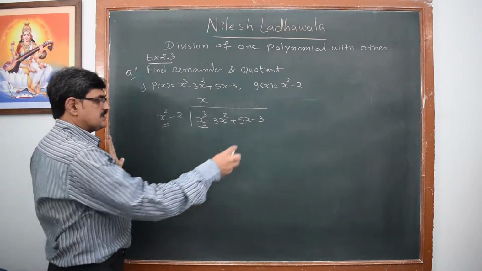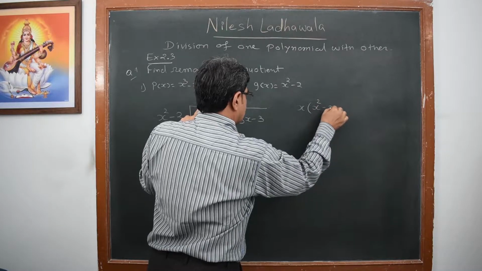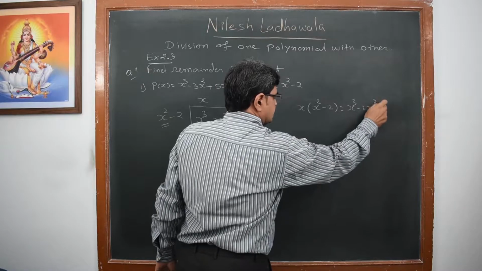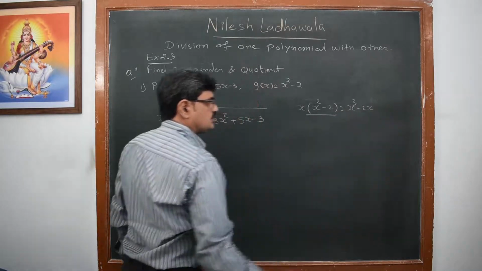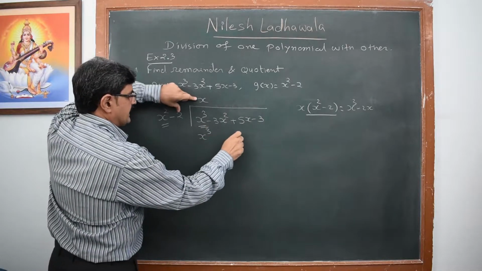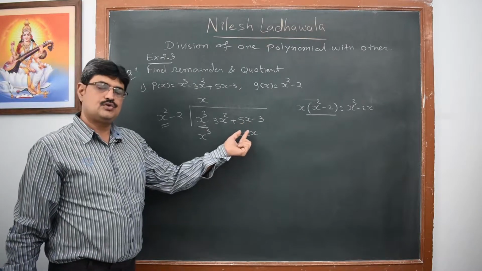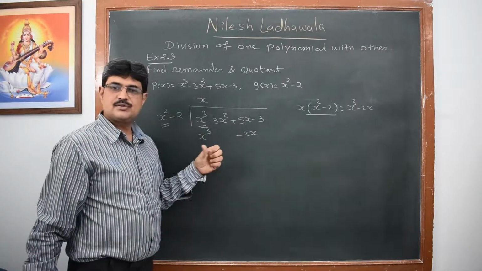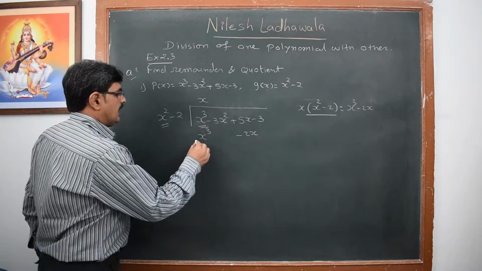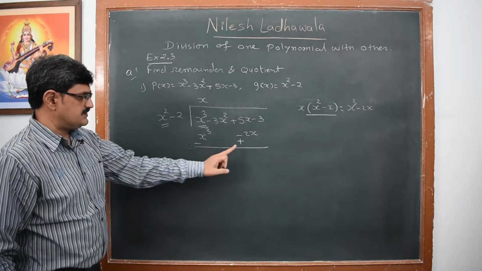And if you can't understand, or if you cannot do it, you have to write it separately. Here the multiplication is x cube minus 2x. So I will write it as x cube minus 2x. I will write 2x below 5x due to the like terms. The term with x square is not obtained in this, so I have kept it blank. Now I have to change the sign of the terms. So I have changed the signs.